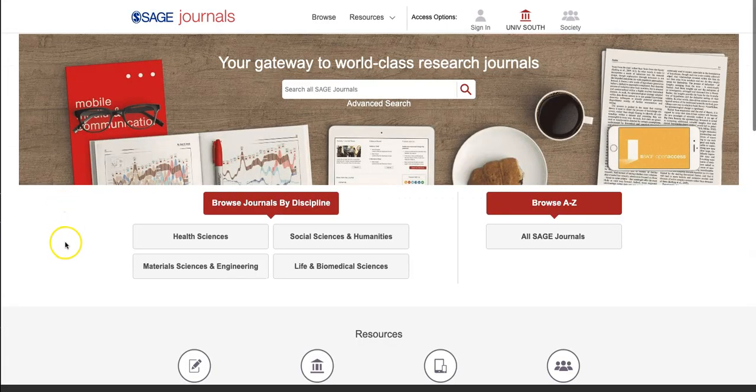The most important thing to remember is that it does take some time to develop a good search. You usually have to try different search terms, use Boolean operators, set different limiters, and have patience as you learn to use this new database.